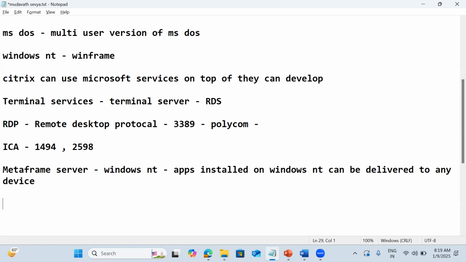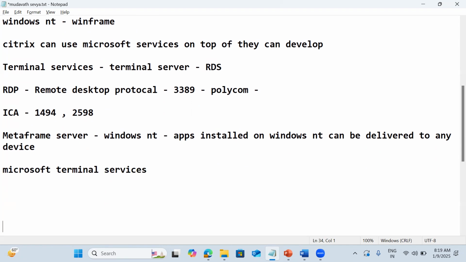But the MetaFrame server uses Microsoft Terminal Services itself. That means even for Citrix today, RDS is one of the mandatory items. We are going to use Microsoft Terminal Services only.